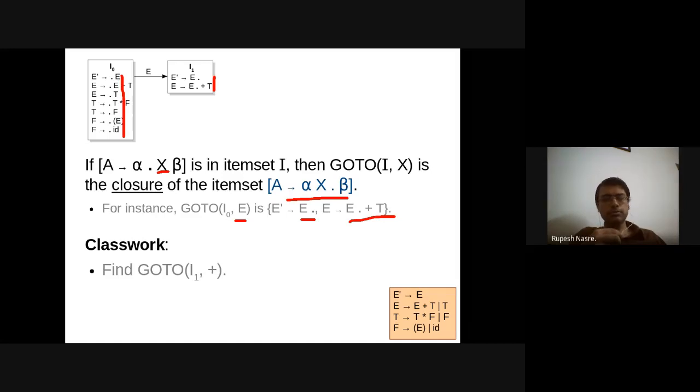Someone? Well, maybe it's too easy. So it should have E deriving E plus dot T in the state. Dot just represents whatever has been read till now in the input string. Yes, that has been matched. E deriving E plus dot T. Right? Any other suggestions?